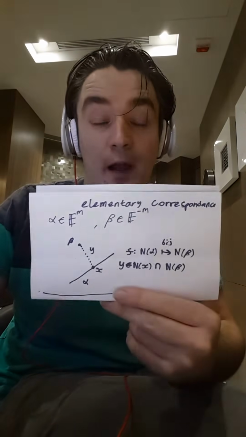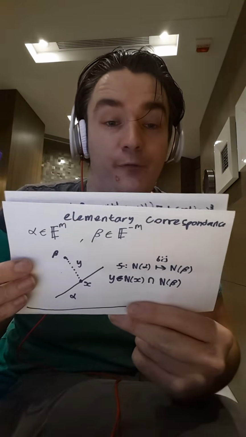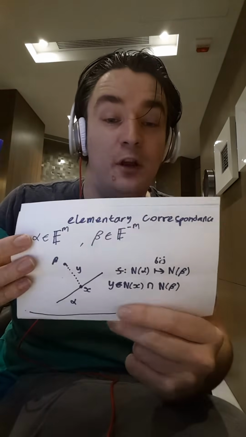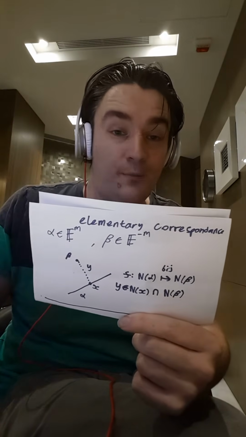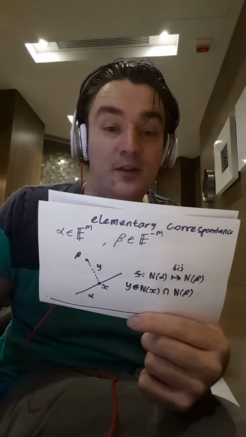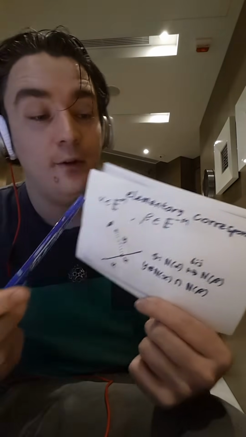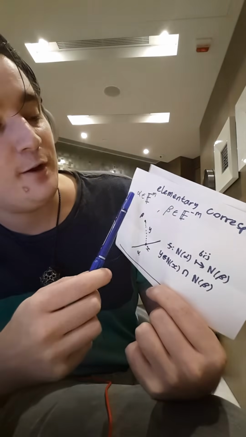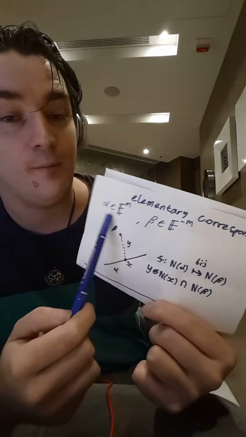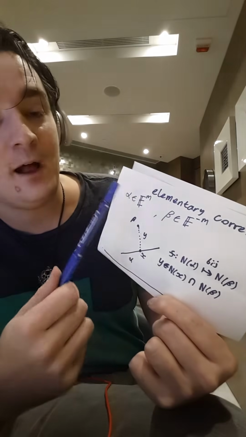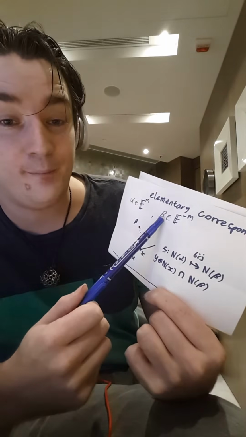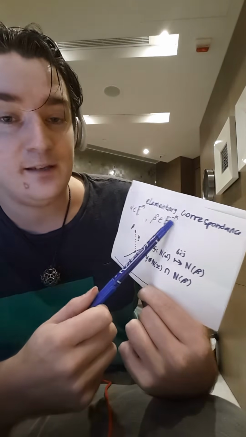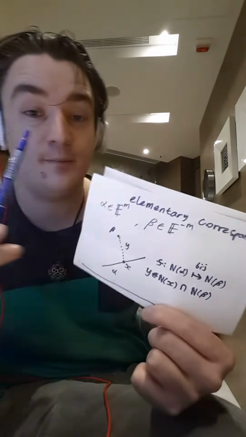We want to give a sort of line and point free definition of this notion of an elementary correspondence. To be honest, once we've defined elementary correspondence, it's easy to define what projectivity is, and then we're away, we're finished. We have all the tools we'll need. So basically, let's suppose for m equal to 1 or -1, we've got an element alpha in e to the m, and we've got an element beta in e to the minus m. So we have these two elements of different types.